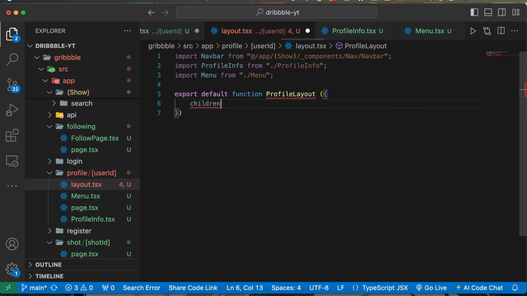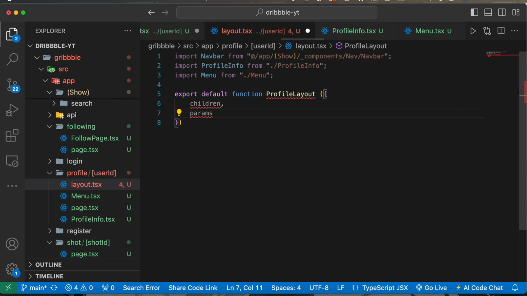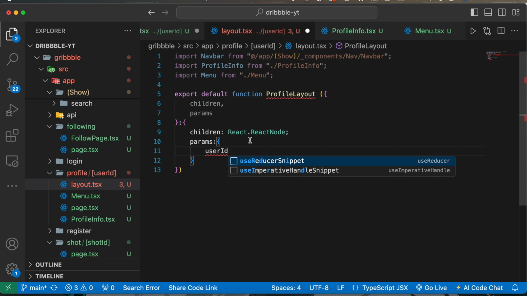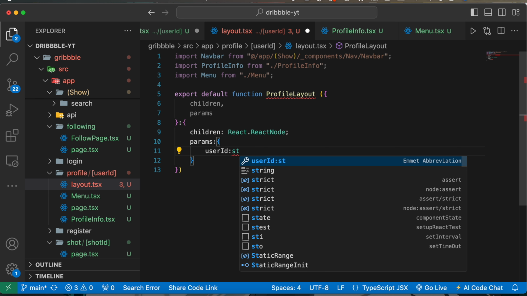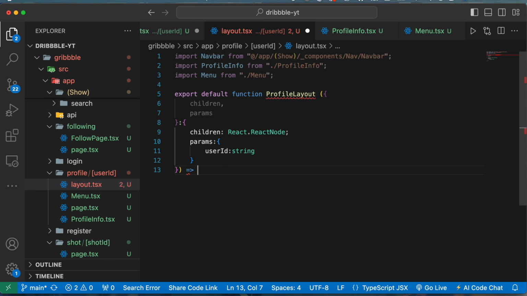Now this will have children and params, and let's define the types as well. So children will have type React Node, and the params will have the type. Inside that we are going to have the user ID, which will be a type of string. Okay, so since this is all catch out, we are going to get our user ID from this. And now we can define our function over here,